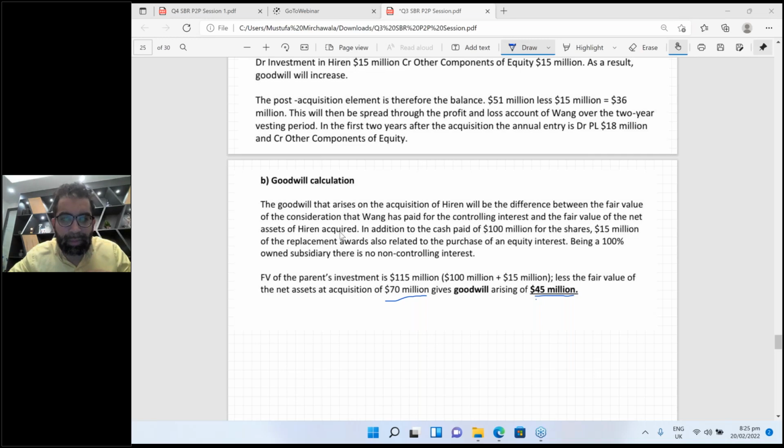Yes, one very good question, sir. Why are we crediting OCE? Because we have promised to issue shares. Very good. When you issue real shares, you credit share capital and share premium. Open your eyes. But when you promise to issue shares, that is a share option, then you credit other equity or OCE.